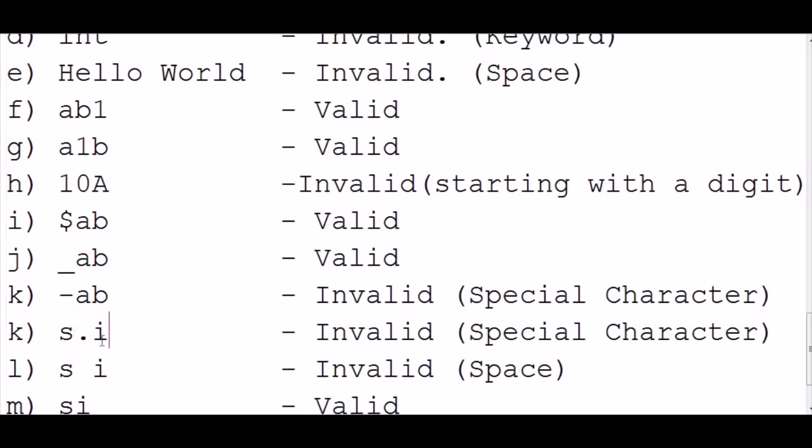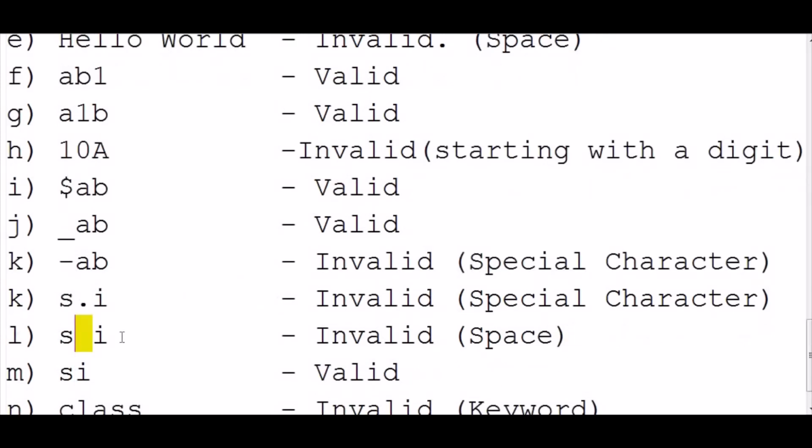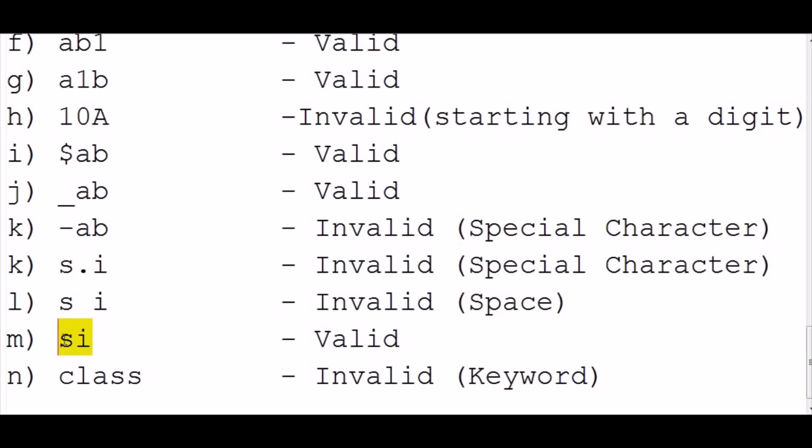So this is invalid. You cannot keep a dot in between or you cannot give a space in between. Both are invalid. Instead, we can just make it as SI or we can join S and I with an underscore in between. SI is also fine. S underscore I is also fine. But S dot I or S space I are invalid.